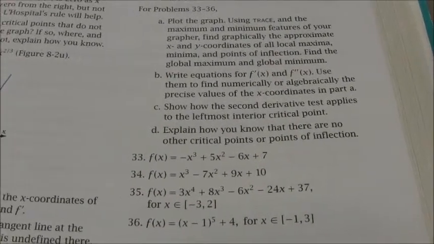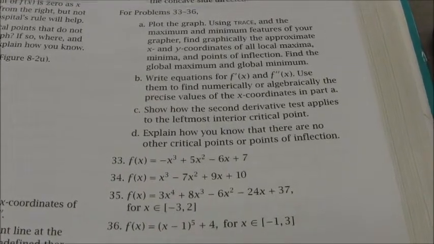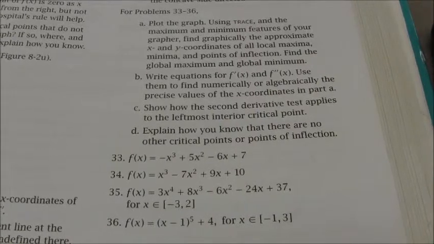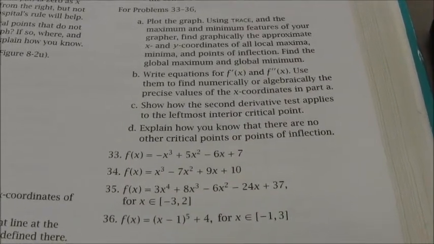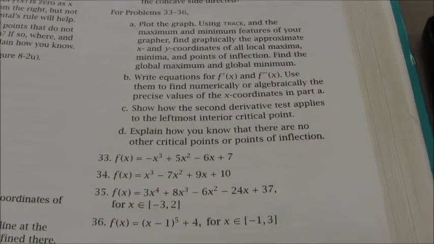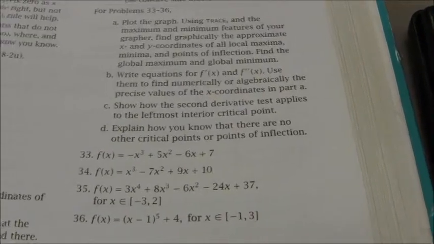All right, I'm going to try number 36. This question asks me to plot the graph, quantity x minus 1 to the 5th power plus 4, only looking at the interval from -1 to 3. And it asks me to trace, find the maximum and minimum features, basically just scan out what's happening here. So to go to my graphing calculator,